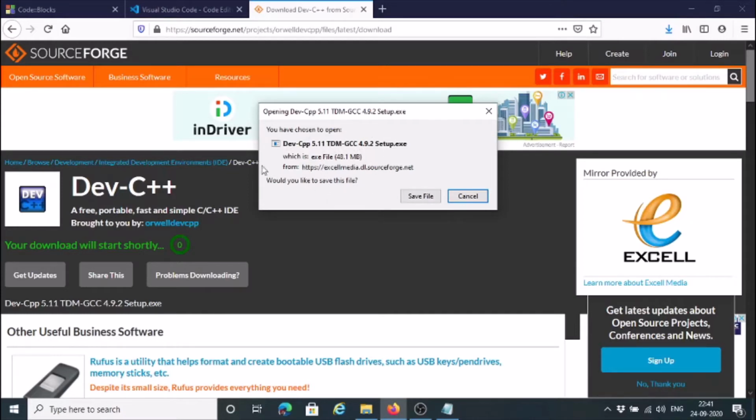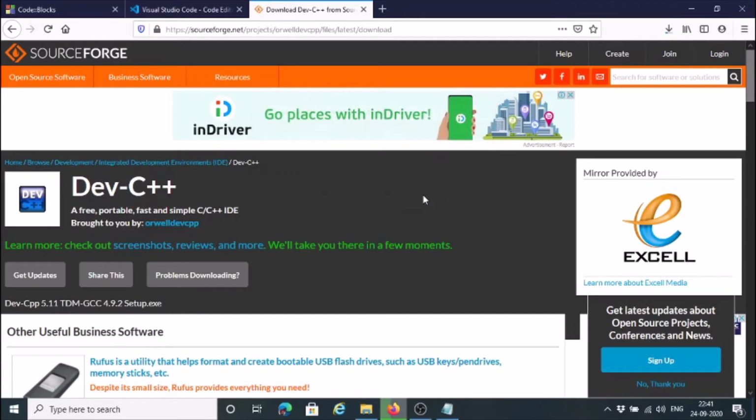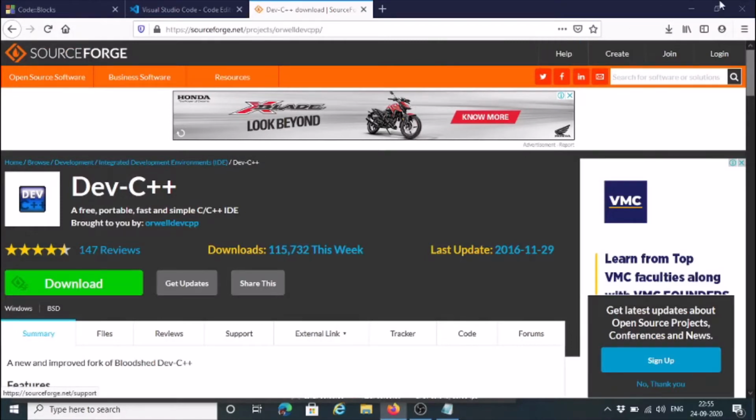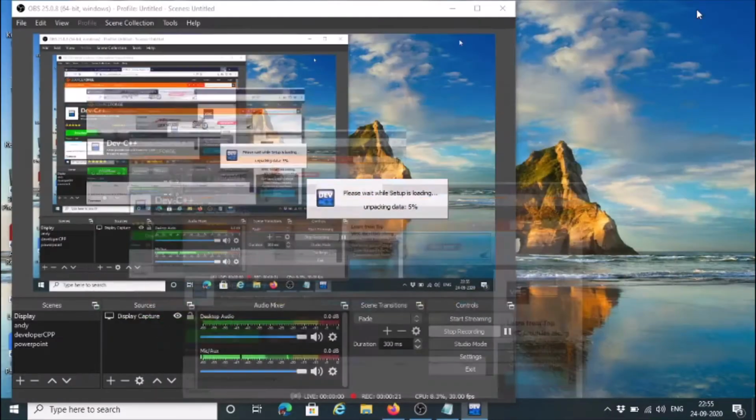If the file which is shown to you matches this, click on save file. So once the download is complete, just click the file and at user account control pop-up, just give permission, click yes.